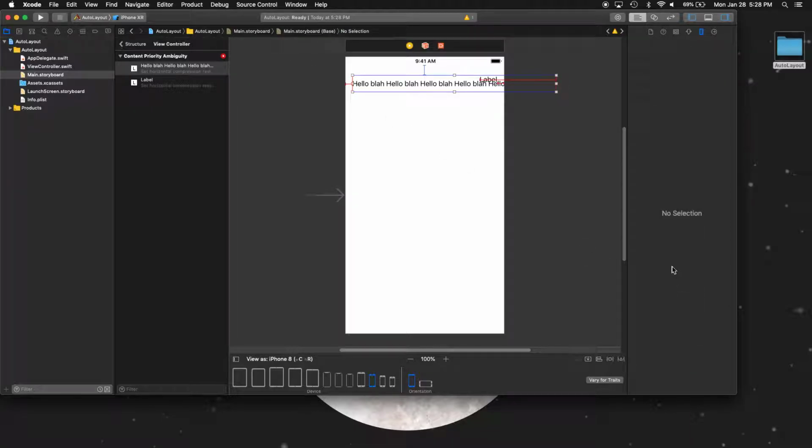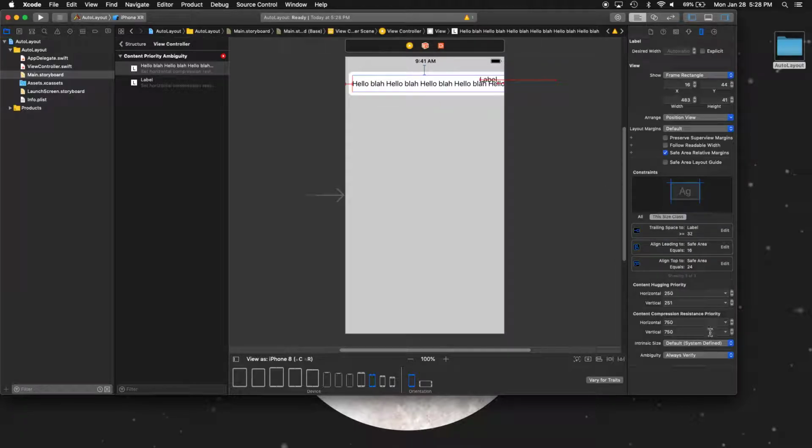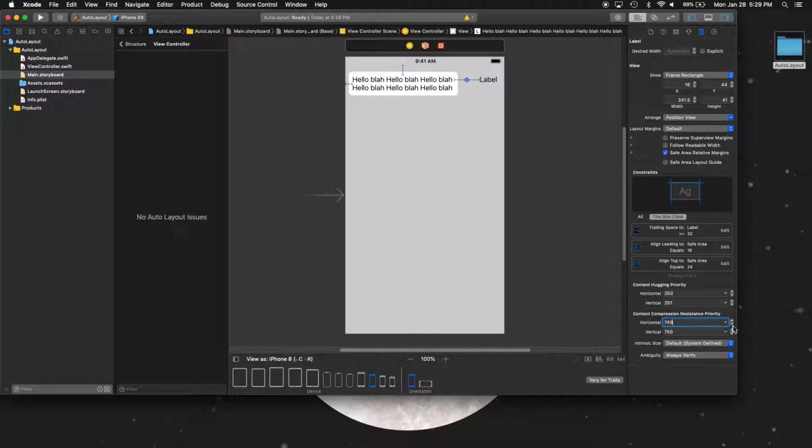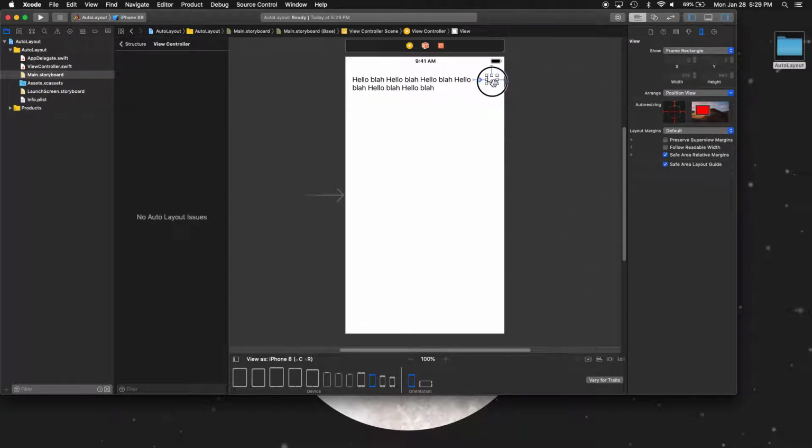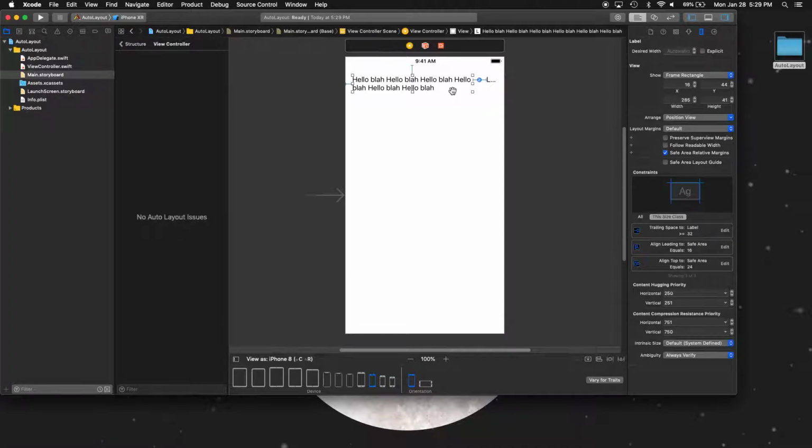My bad, it was the compression one. That's the one that you guys should change. The compression one. So if you guys change it below, now, did you guys see that? Now it shifted it. So my bad, it wasn't the content hugging, it was the compression resistance for this example. So if we had it back to what it was, you guys can see that it pushed the label away, right? But if we make it lower,